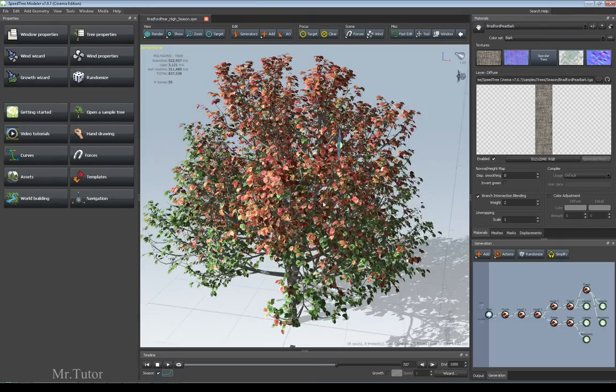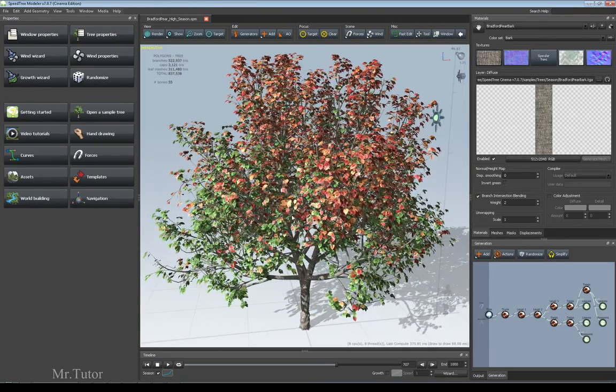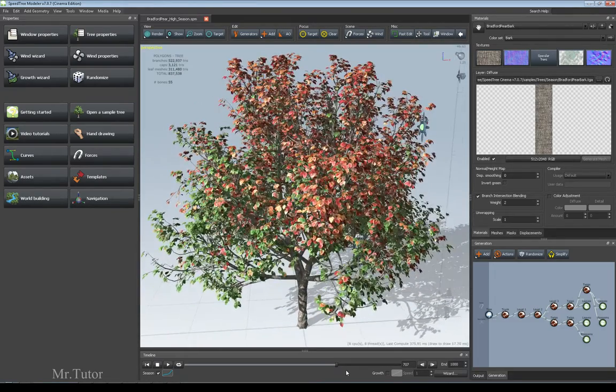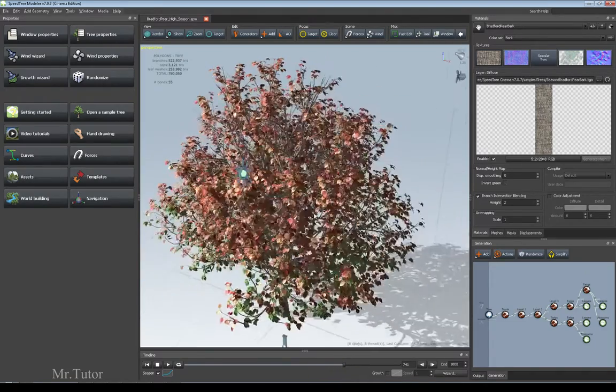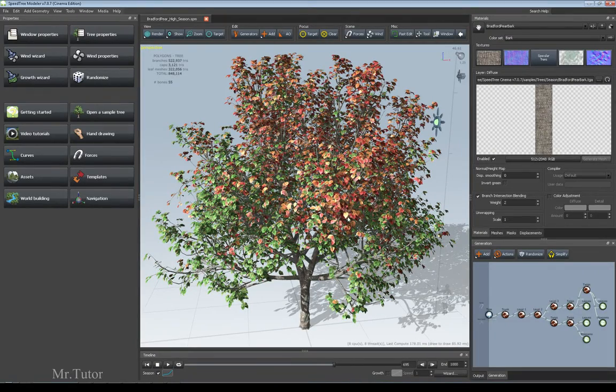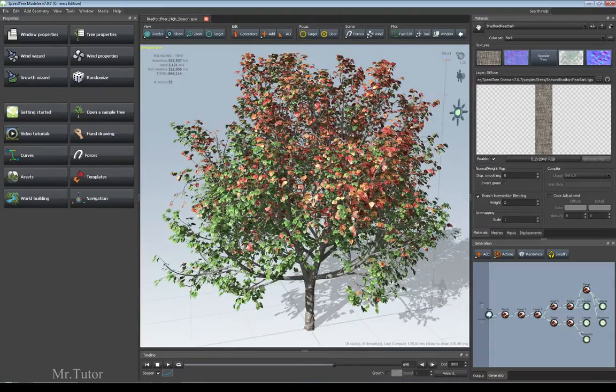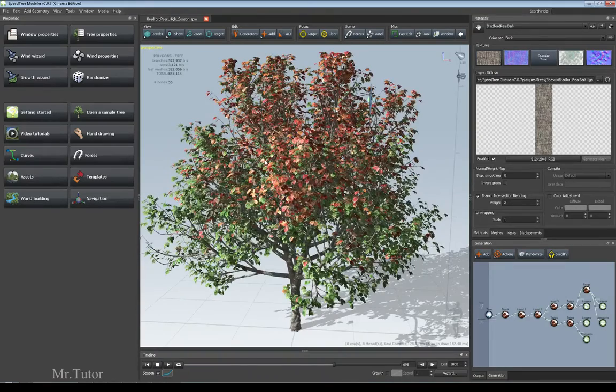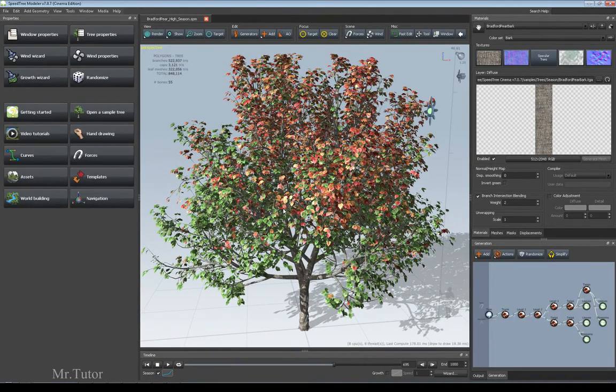So I was playing with the modeler of SpeedTree 3 and I came across this nice feature which, as you can see, changes the color of the leaves based on the age of the tree, and I thought that maybe I can export this and use it inside of Unreal Engine to give more variation in the color of the leaves. Except that when I open the tree with the SpeedTree Unreal Engine editor,